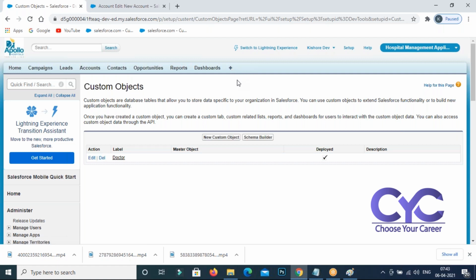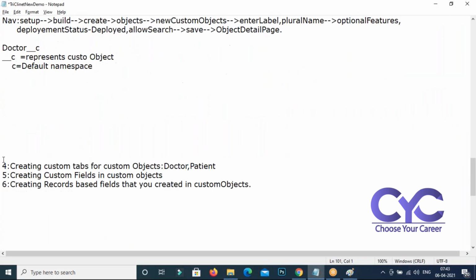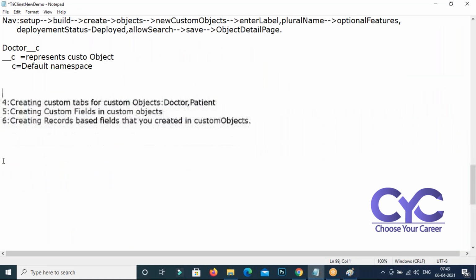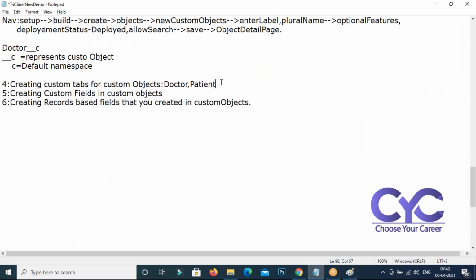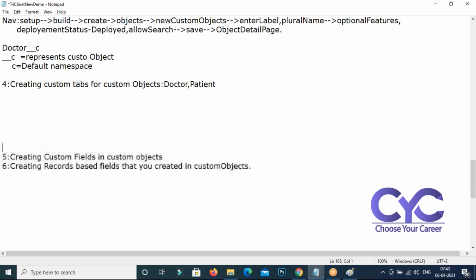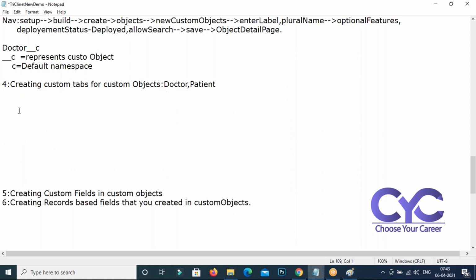Why should I set up a tab? If I want to access that object which is in the Salesforce database, as I showed in the diagram, then on the interface you need to set up a tab for this object. Please open your diagram if you have it. So I need to set up a tab for my object here. Now the next topic is how to set up a tab for this doctor object.